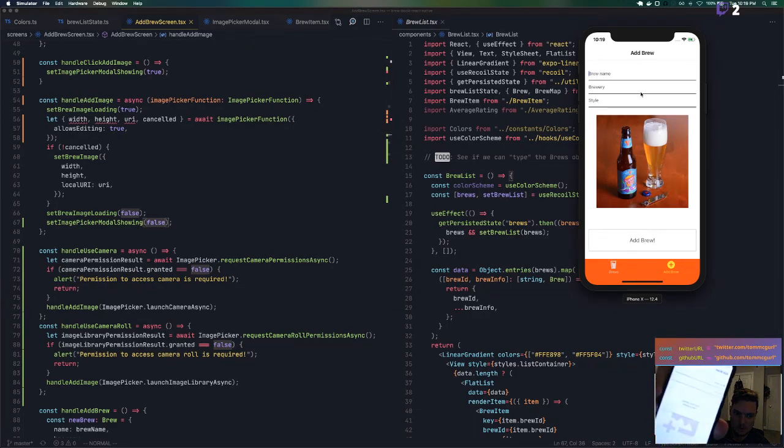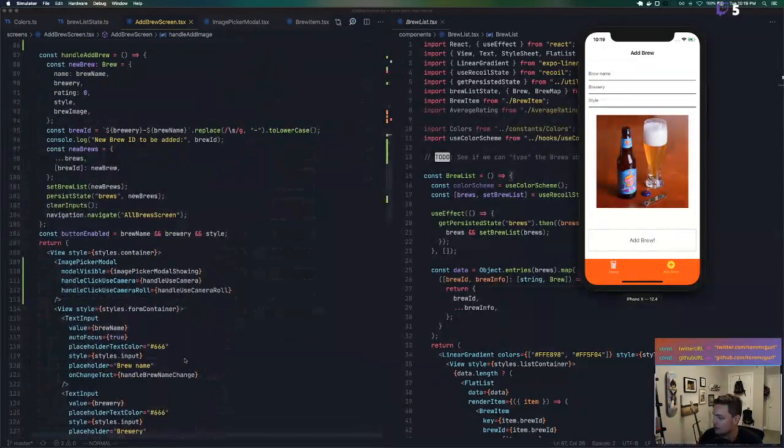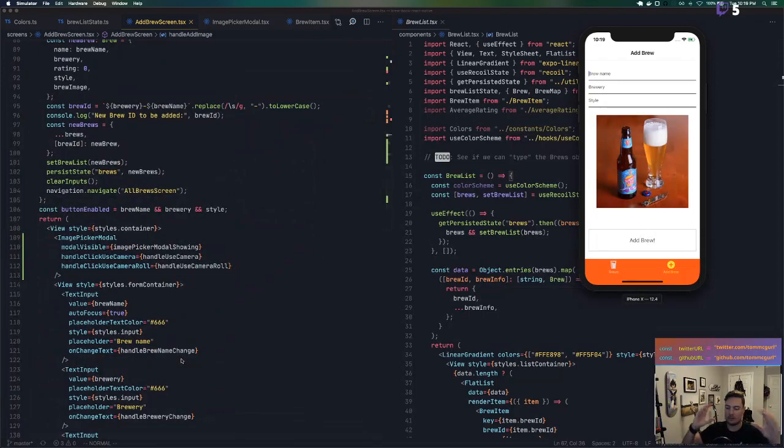It is not working. It says modal. When I hit the back button, it does close the modal, which is kind of cool. But yes, actually clicking this is not doing anything. So let me figure out what's going on here. Let me refresh the app here. And let me also add some styling to those buttons, just so they're a little bit bigger and easier to